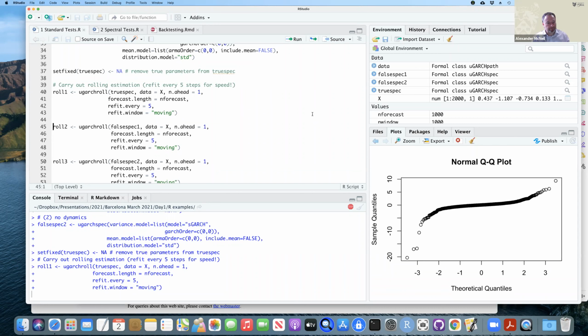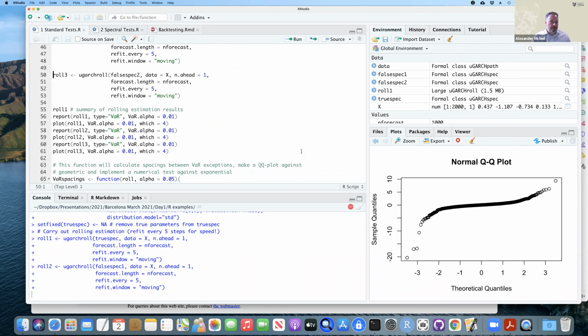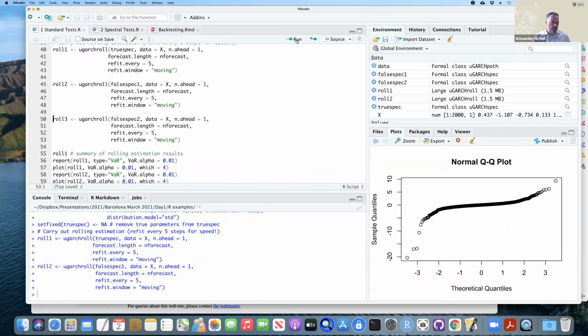And the first roll is now done. So now I'll do the second roll for the second group. And what we're going to go on to do is have a look at what comes out of that. We're going to have a look at the VaR violations, and we're going to test their binomial behavior. We're going to test whether the number is consistent with a binomial distribution, and whether the spacings are consistent with a binomial distribution. So the second roll is complete. The third roll is now in progress.